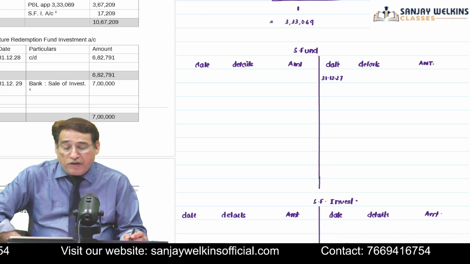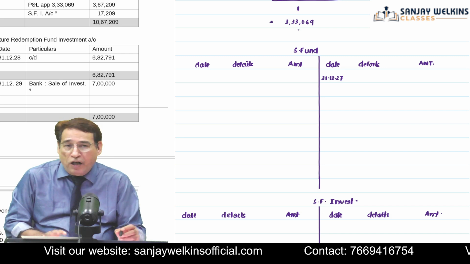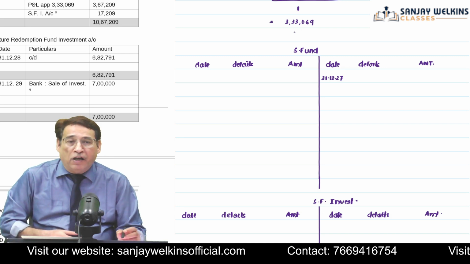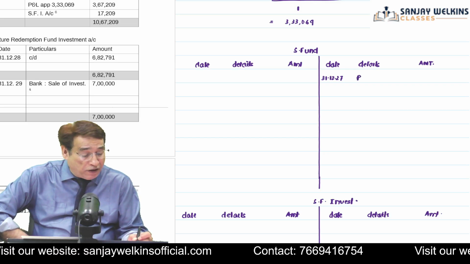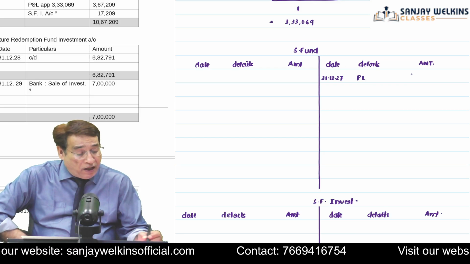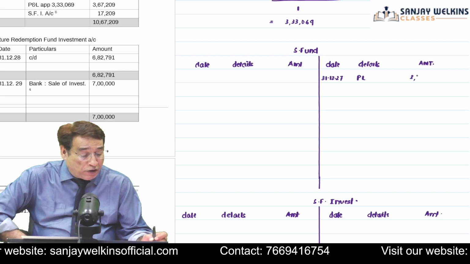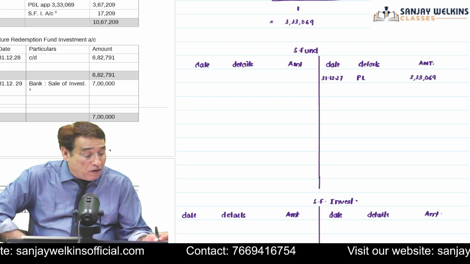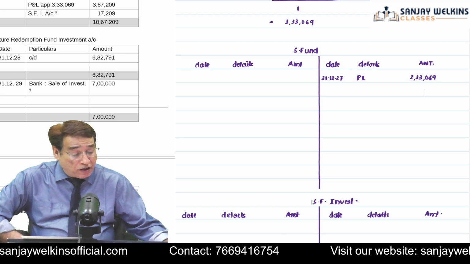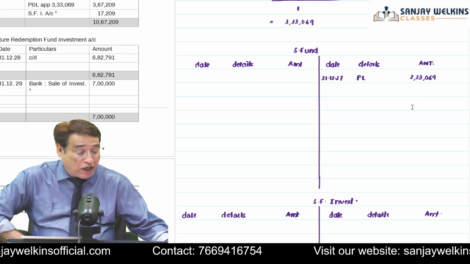As you know, the first thing is that we are supposed to appropriate the amount, and we have already computed the amount of annual installment. So I will be writing here by P&L account, and the amount appropriated is equal to 3,33,069. In the first year, only two things we are supposed to do: appropriation,